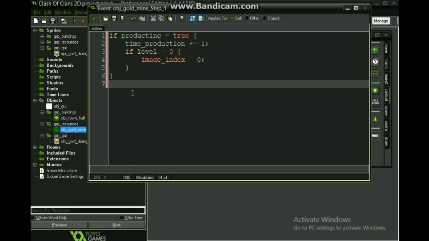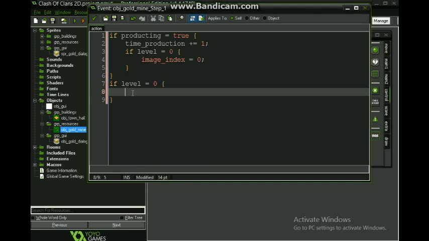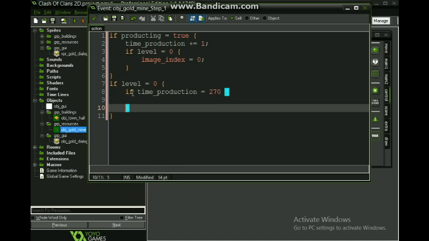So if level is equal to 0, then if time production is equal to 270, we divide by the seconds, so it's 9 seconds.